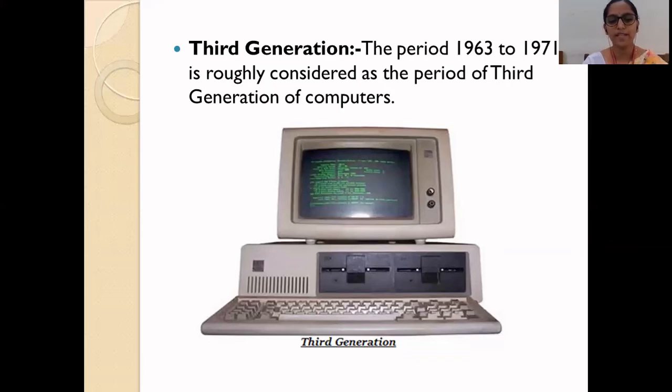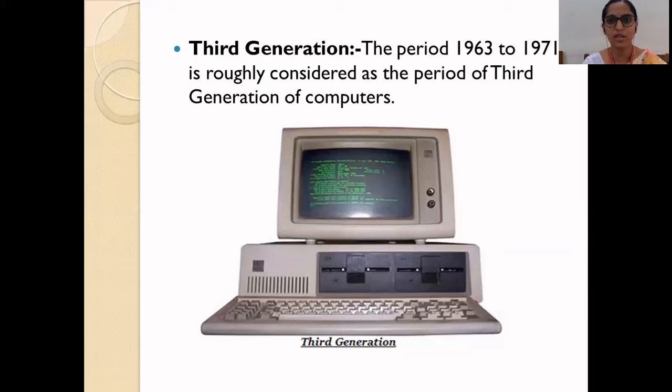In comparison to the second generation computer, the size of a third generation computer was smaller as compared to the first and second generation. In comparison to the second generation, the computing time taken by a third generation computer was less. It means that as compared to the second, a third generation computer takes less time for doing its tasks. Okay, then the third comparison is that it takes less power and also generates less heat.